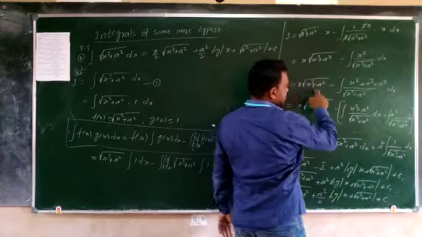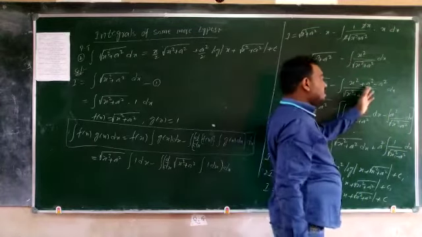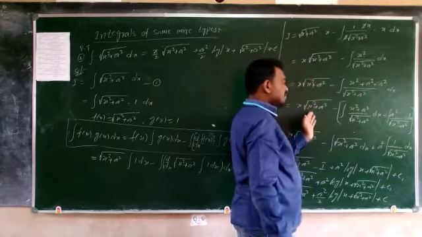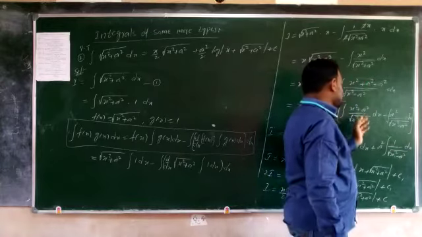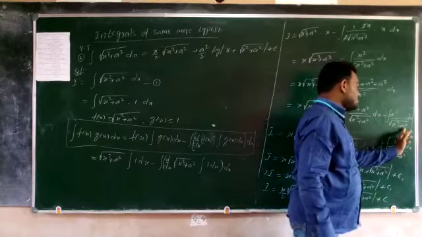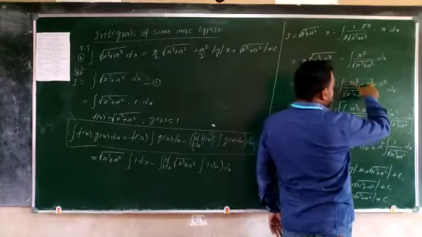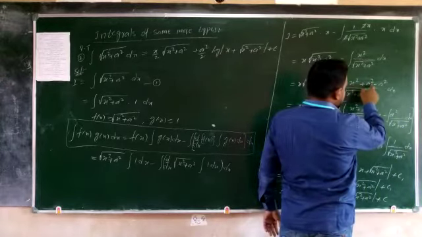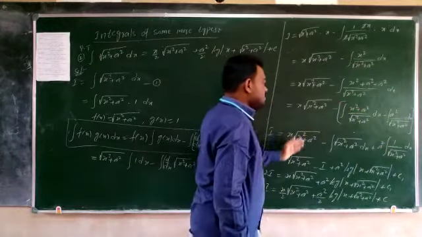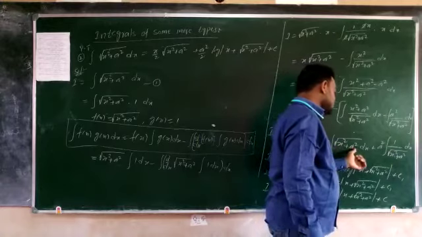Next, the first term is as is, minus integration of, we are adding and subtracting a square in the numerator. So the first term is written, minus integration of x square plus a square by square root of x square plus a square dx, minus a square integration of 1 by square root of x square plus a square dx. What I have written here: I divide with the denominator, x square plus a square, and minus a square I divide with the denominator. First term as it is: integration of x by root x is root x, so square root of x square plus a square dx.